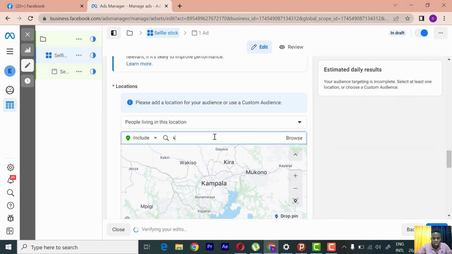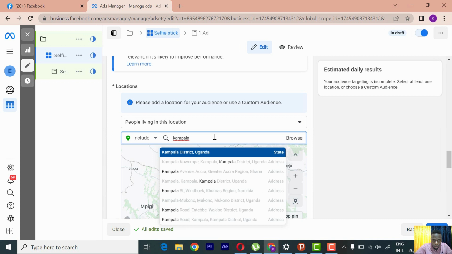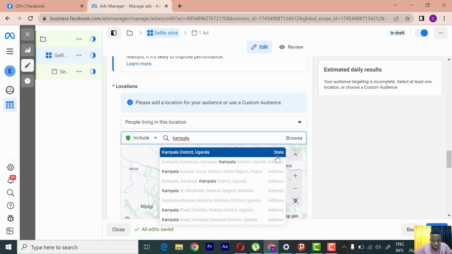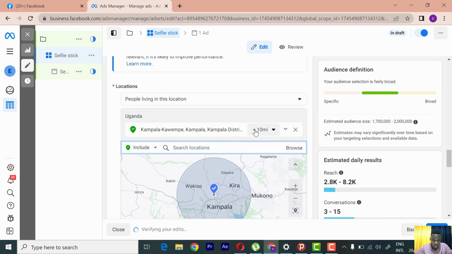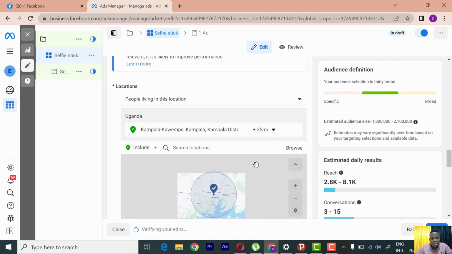Usually there is what we call Kampala district. You see this Kampala address. Usually there is the state address and all that, but Kampala address is usually suitable because it gives you this number, 10 minutes away from Kampala. So if you want to target people far away from Kampala, you can say target people who are 25 miles, about 25 minutes from Kampala, and it will increase